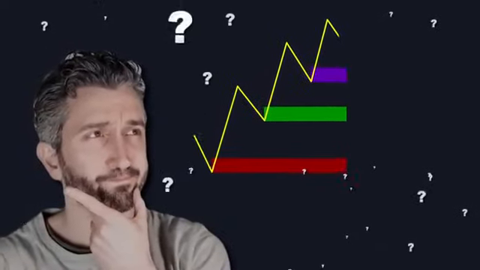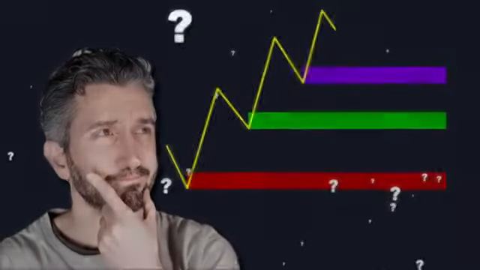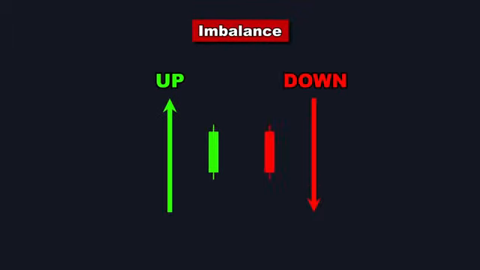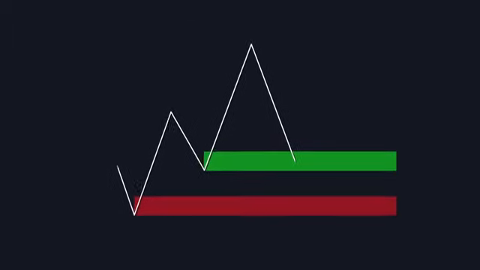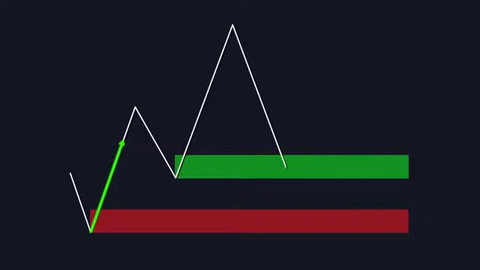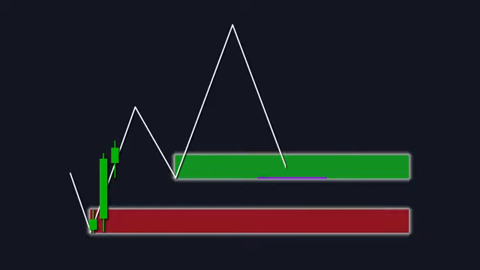So how do we identify which zone is the fishing zone? It comes down to two critical concepts: liquidity and imbalance. An imbalance is simply when price moves up or down, creating a huge candle. For instance, the price here moved up extremely quickly, creating this very big green candle. The price moved up so quickly that it didn't give sellers enough time to counteract the movement, creating an imbalance in the market. Naturally, sellers will want to retest this zone.